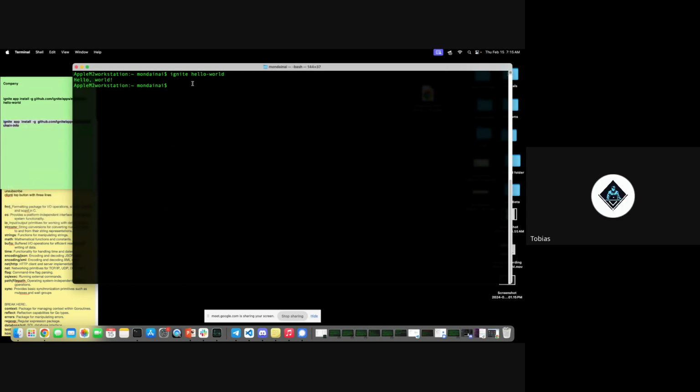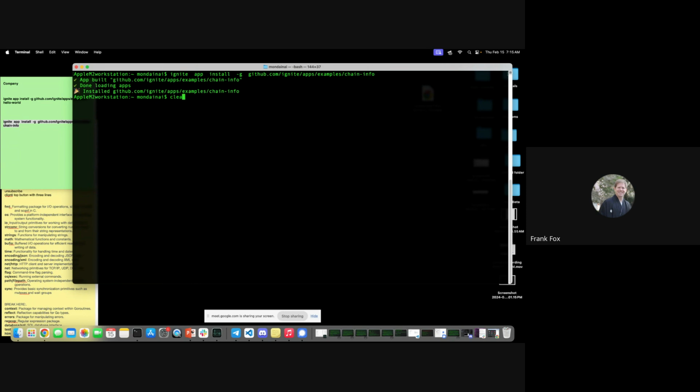The cow example? Oh, I should have done the cow one. Sorry, that would have been a better one. My apologies. Here's another one though. ignite app install examples chain info, and as you can see, normally it doesn't take too long to install these.